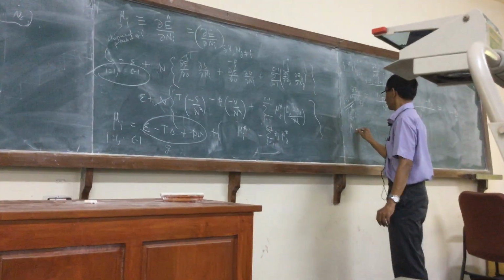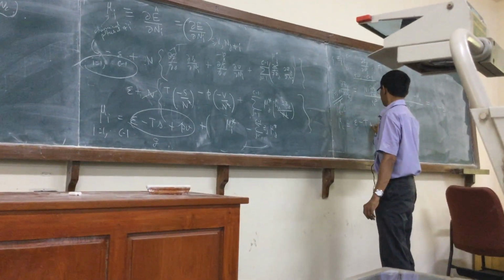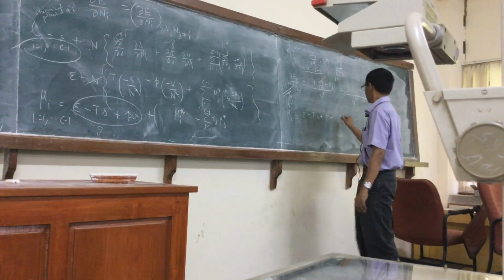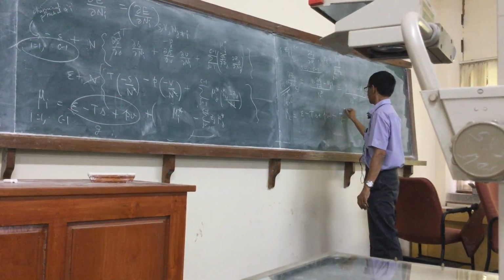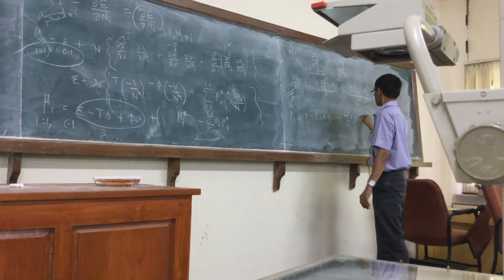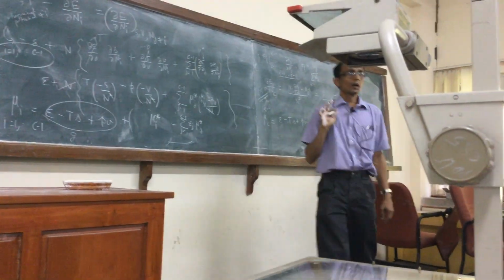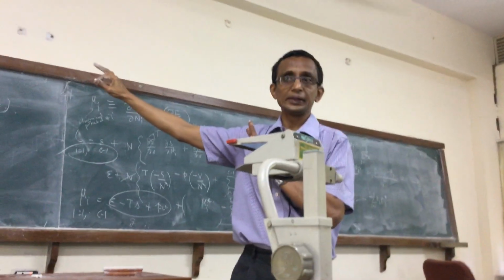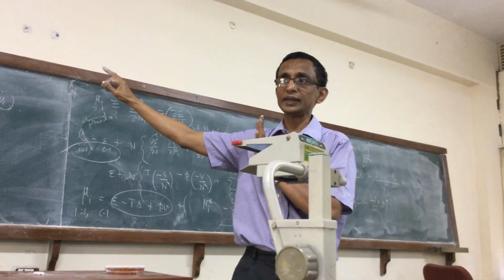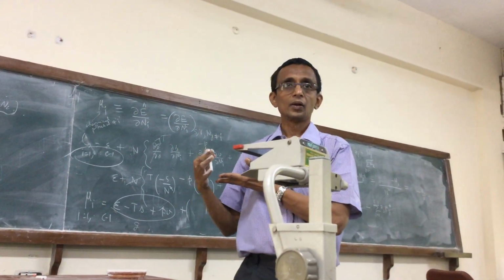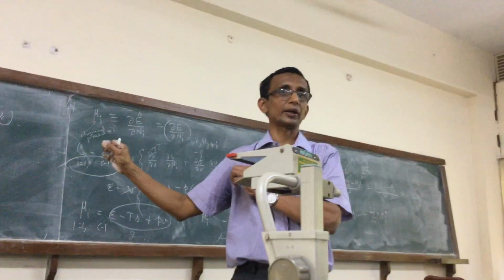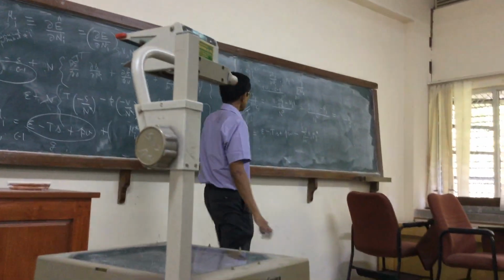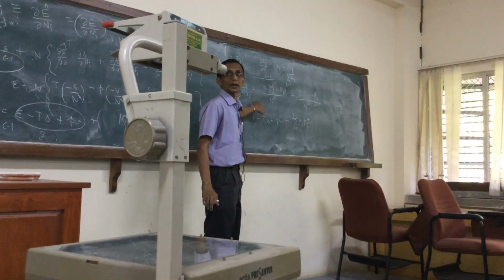So mu c can be easily shown to be E minus Ps plus Pv. Right? So I get only this term minus sum over j equal to 1 to C minus 1. So for that component for which the mole fraction is not included explicitly, because I have a choice. If I have C components, I can pick any C minus 1. So I pick a certain set and call it 1 to C minus 1. So I have left out one mole fraction. So you will find for that, the chemical potential of that component will have a slightly different form. It has to be handled